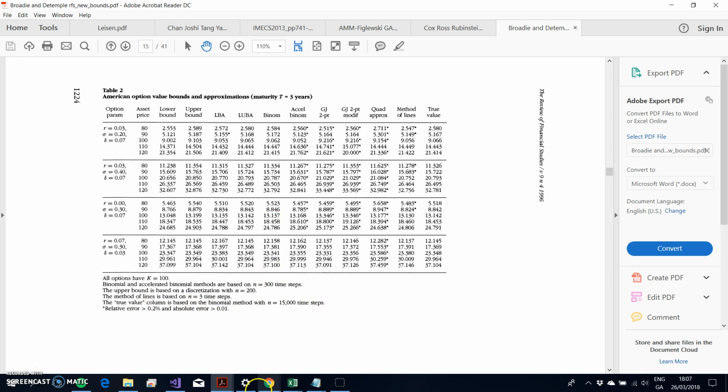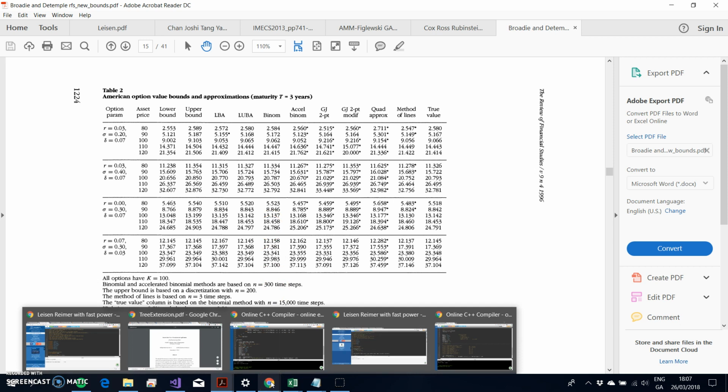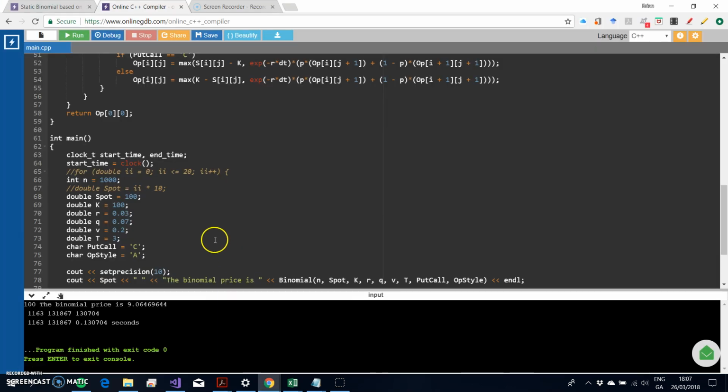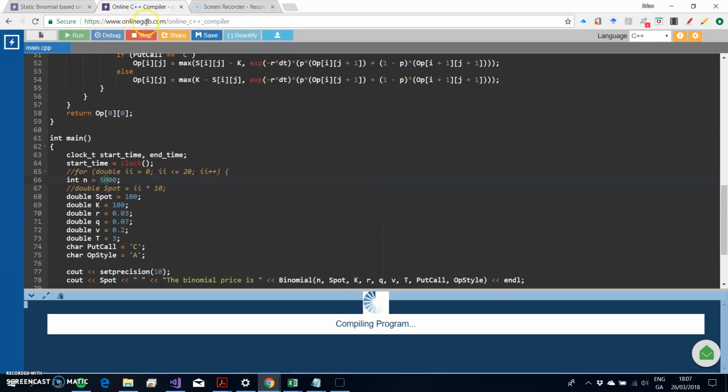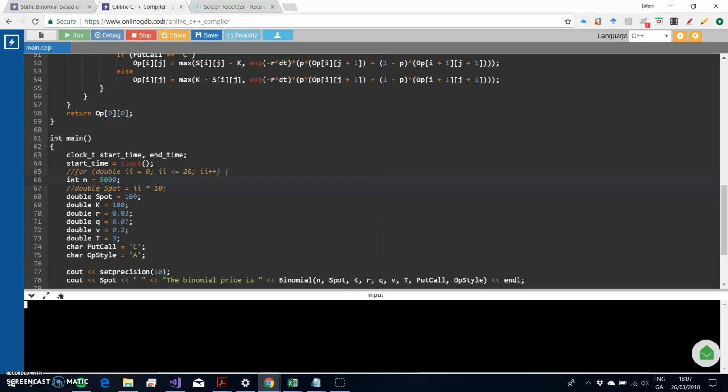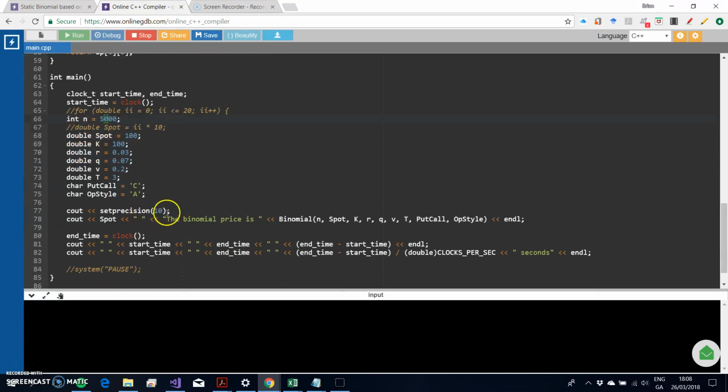Now with 1,000 time steps, the value obtained is 9.064. So we could potentially increase this to 5,000 and run again. I'm using the online GDB C++ compiler, and I also have some code here that outputs 10 digits in the output. And we also get the time it takes for the estimation to be completed. So it takes 3.49 seconds to do